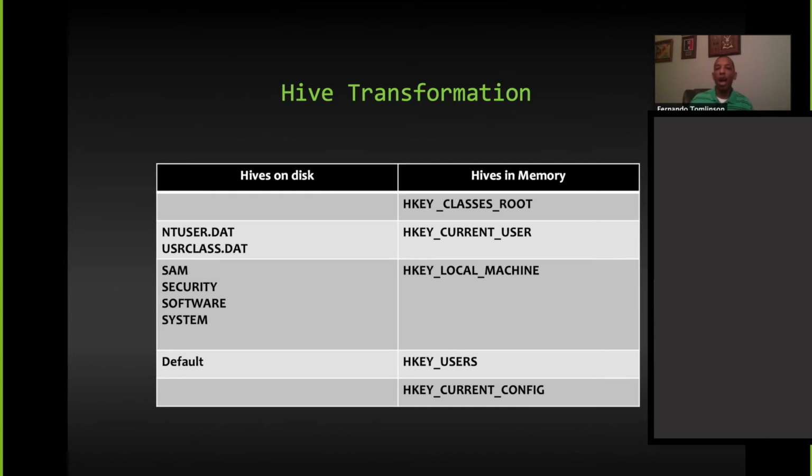Okay, so this hive transformation. If you've never looked, you could open up your favorite version of Windows, and in the start search area, you can type in regedit, R-E-G-E-D-I-T, and then hit enter, and the registry viewer will open. This registry viewer allows you to interact, see, read, and in some cases alter the contents of the registry hive that is